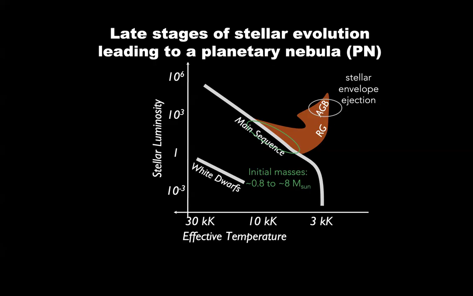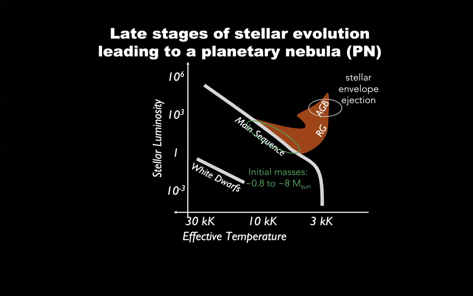It starts burning hydrogen. When I say burn, I mean fuse hydrogen to helium in a shell around the core. It expands into a red giant. At some point, it will get to the place in the core where the temperature is high enough for helium fusion to begin, and then the star stops being a red giant briefly. When I say briefly, much less than its main sequence lifetime, and it becomes a so-called horizontal branch star for